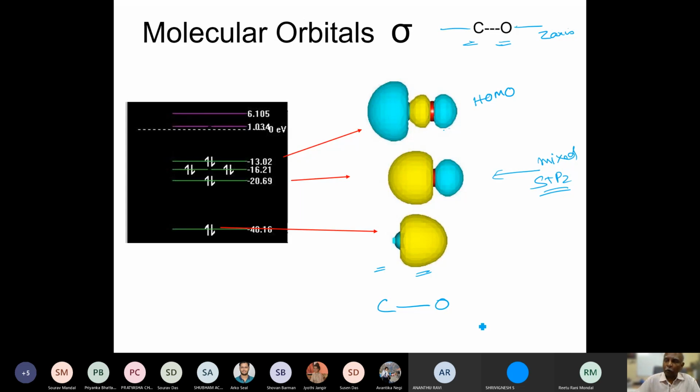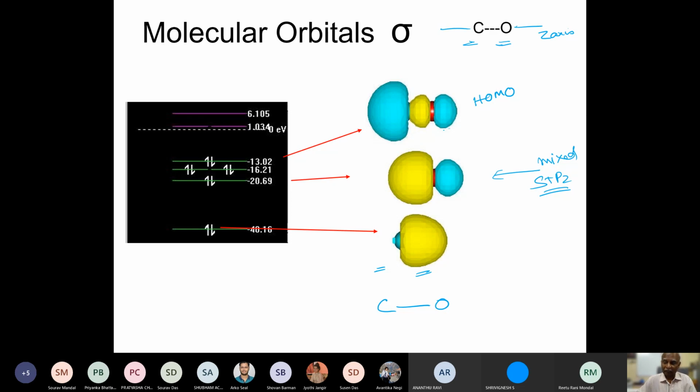That is why HCO plus also had the structure of H bonded to carbon, bonded to oxygen. HCO plus and MCO are all bonded with carbon bonded to the metal rather than the oxygen. That's because that's the one which can donate electron density. That's the highest occupied molecular orbital. That's the one from which you will remove electron density.